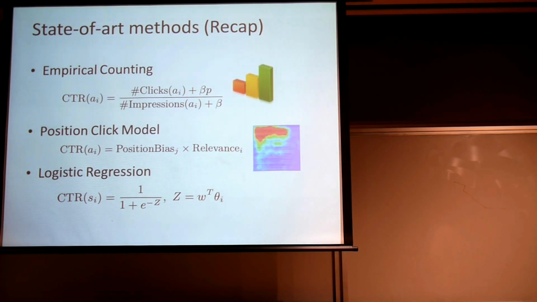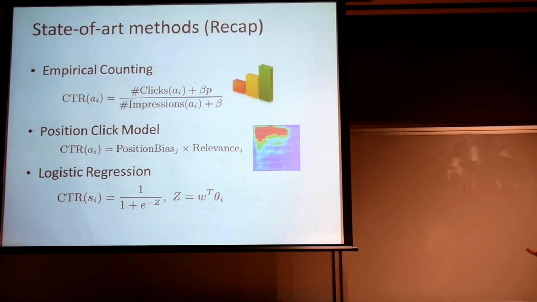It is based on the observation that the user will tend to click more on the higher ranked advertisements, even if these advertisements are not that relevant to the user's information need. And the logistic regression model is a classical approach to incorporate all the information we have as features into prediction. We use the linear combination of features to form a score Z and use the logit link function to map this real value score to the 0 to 1 probability range.